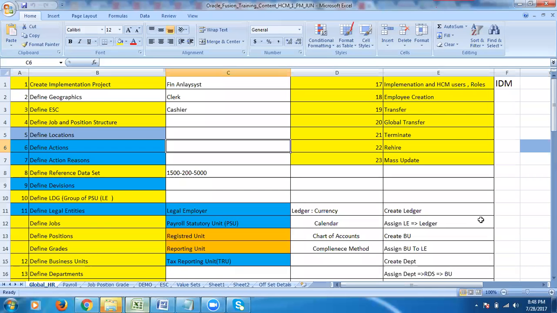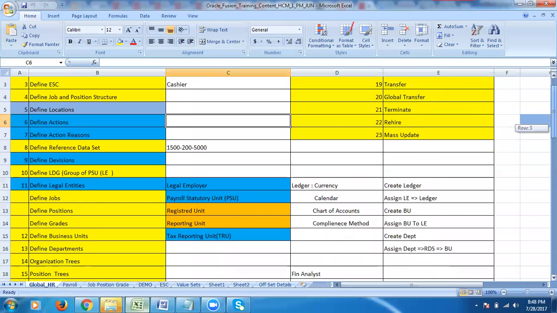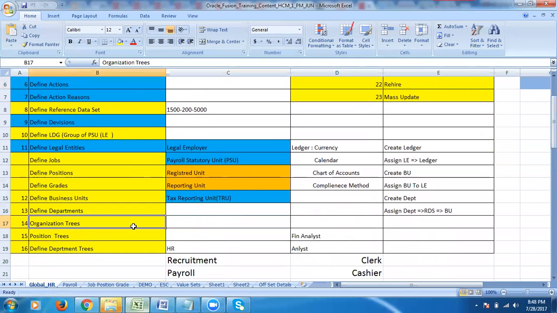Then the next one is department trees. We discussed department trees, and they'll ask which department tree version we are creating. There is something about row flattening and column flattening in the department trees, so sometimes they'll expect that. I'm also not clear because I have not used it any time, but you can go through some PDFs and try to find what row flattening and column flattening are in the department trees.